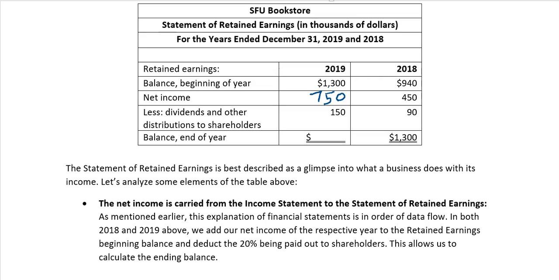Then we have dividends. So if you recall, 20% of the income is paid out as dividends, and this comes out of retained earnings. So earlier in this set of notes, we saw when we pay out dividends, it reduces the equity. So more specifically, it reduces the retained earning balance. So we have 750 in 2019, and we pay out 150 to a dividend to shareholders, and we're going to end up with the year-end balance